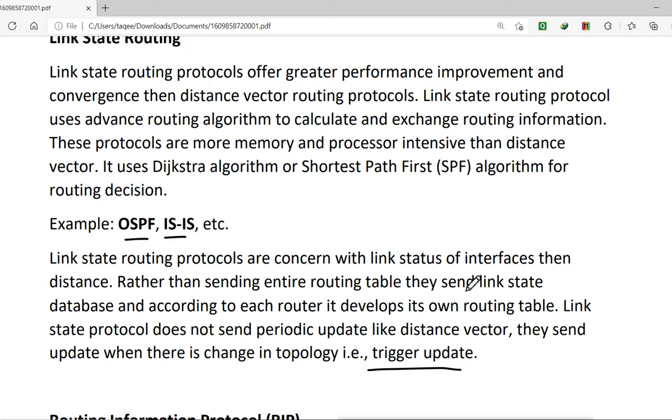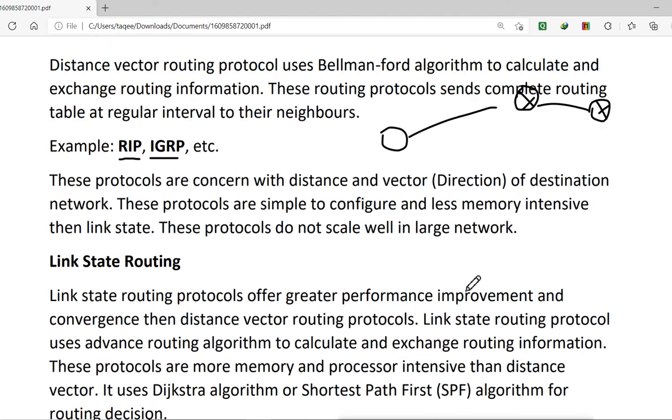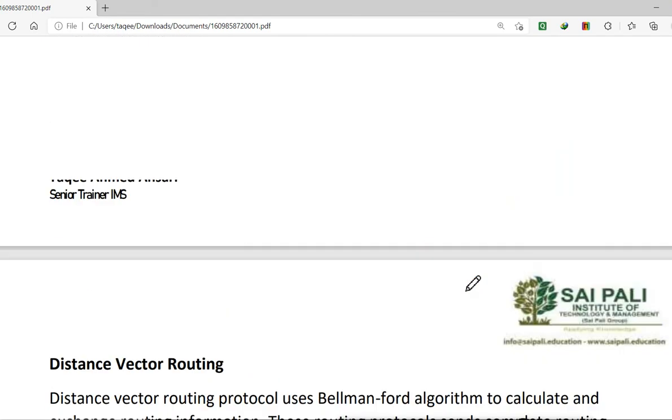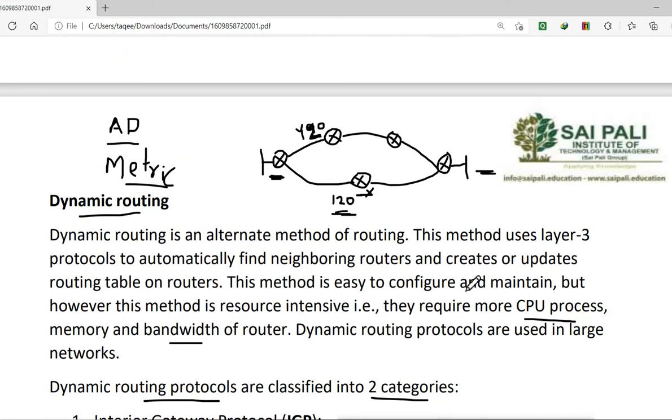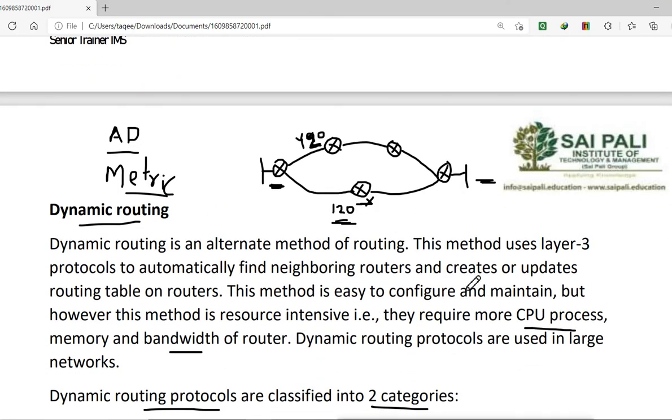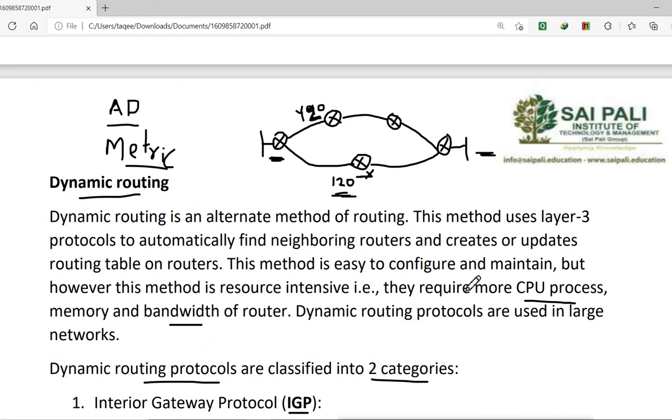Now we are seeing RIP. RIP uses distance vector technology, and for distance vector technology the distance and the direction are important. So this router will choose the distance vector as a metric.